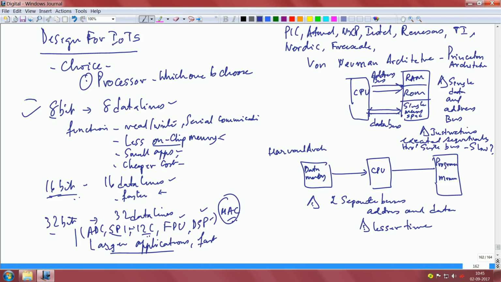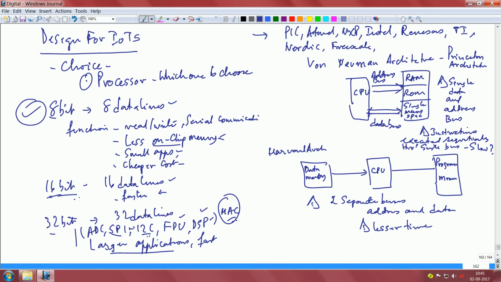Therefore, that is available mostly only in 32-bit microcontrollers. Therefore, choose 8-bit for very simple applications, and go straight for 32-bit if you are looking at other applications. And I can only tell you that in this world of microcontrollers, I have written down here, this is just